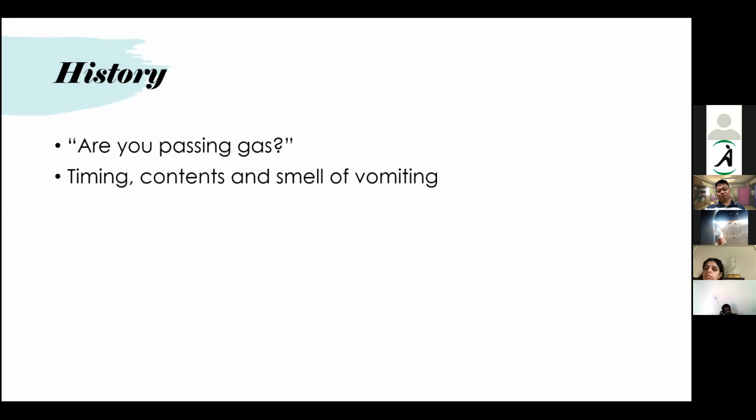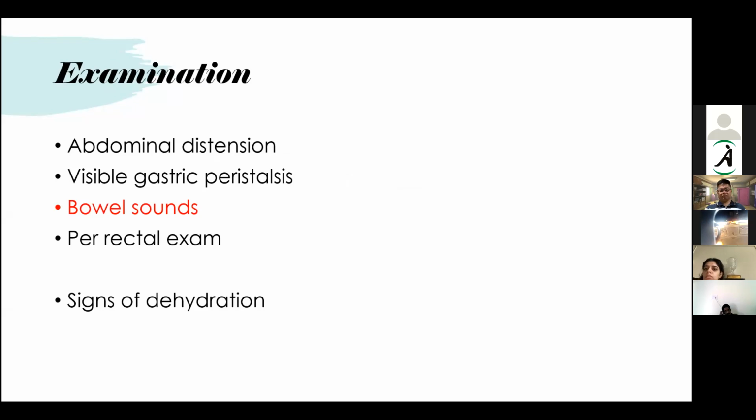I'm not discussing the entire history here. These are some of the salient points that we should definitely ask when dealing with a suspected obstruction. The second thing would be examination. The findings you can make out in examination is basically abdominal distension. That usually happens in lower GI obstruction, because in upper GI obstruction, once they vomit out, there won't be much distension. And visible gastric or intestinal peristalsis, because in the early stage, as we discussed, the bowel is trying to push against the resistance. So we can see the exaggerated peristalsis through the abdomen, either gastric or intestinal.